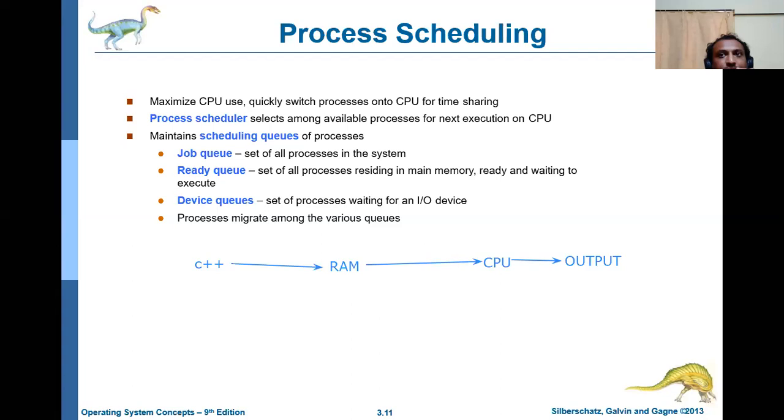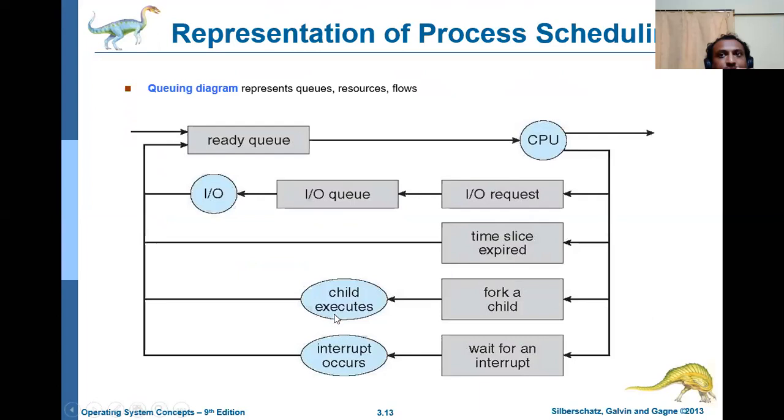Whenever we have any program to be executed, it goes from the job queue to the ready queue. In the ready queue, it starts its processing; that is, from RAM to ready queue to CPU. In the CPU, it executes. Now the CPU is going to decide whether the process is completed. If the process is completed, it is executed directly. There is no problem with this.